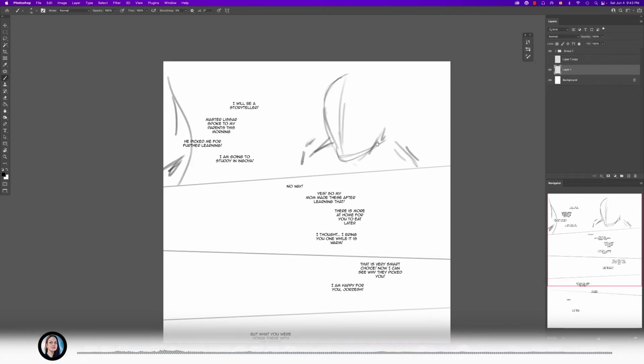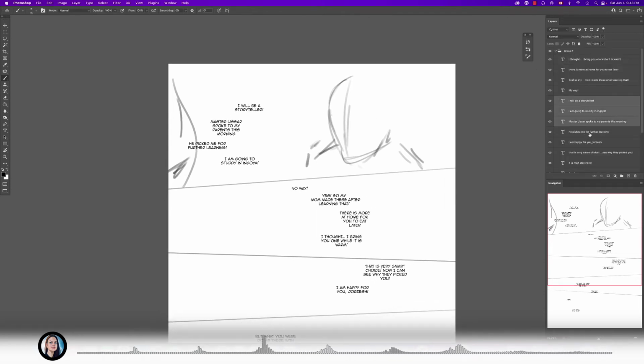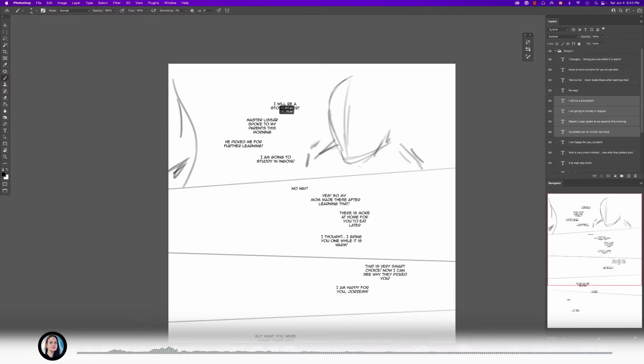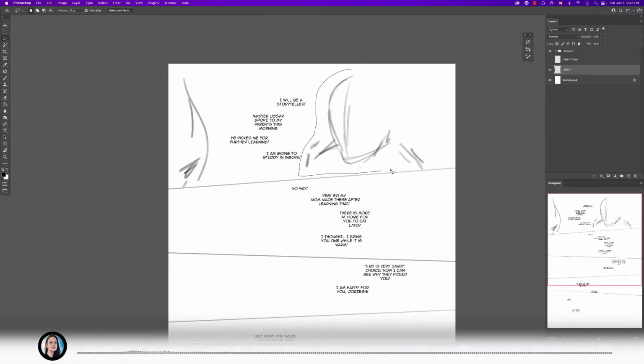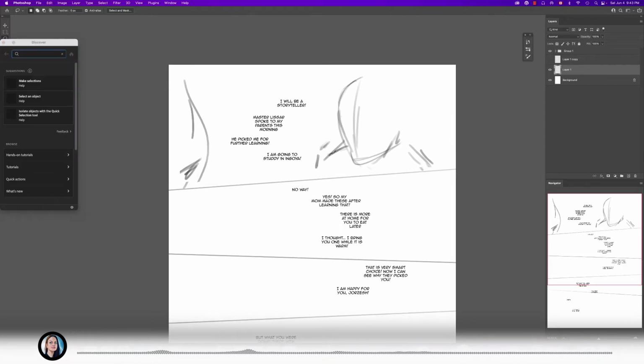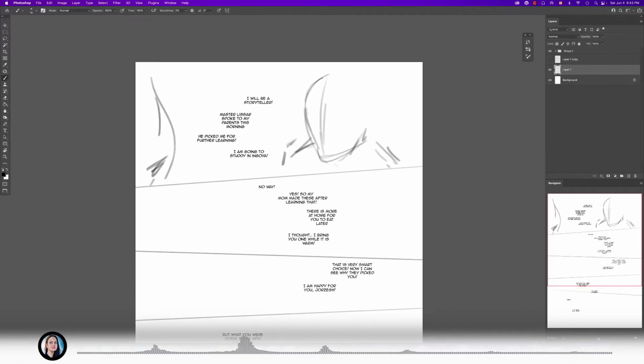Then we probably need to grab this text and move it like this so it's not on the character, because I do not like when the text is on the character. That's the side of her head, and that's him. Oops, I keep pressing the wrong hotkey. Yeah, I like to draw a straight line, because it immediately gives me the idea of where the characters are looking,